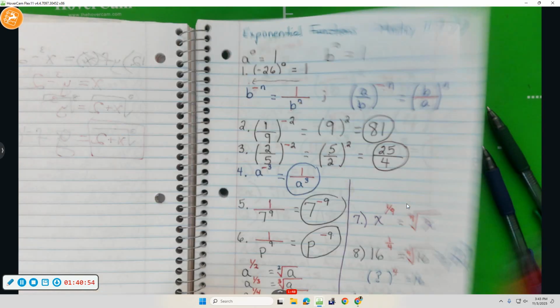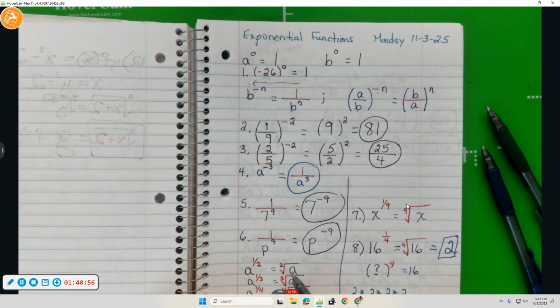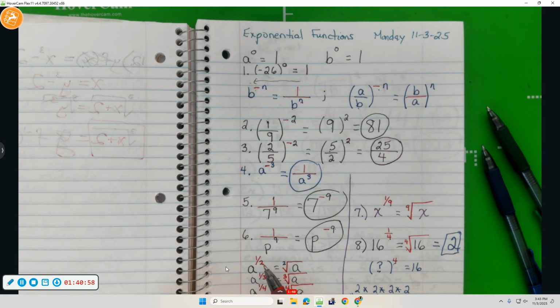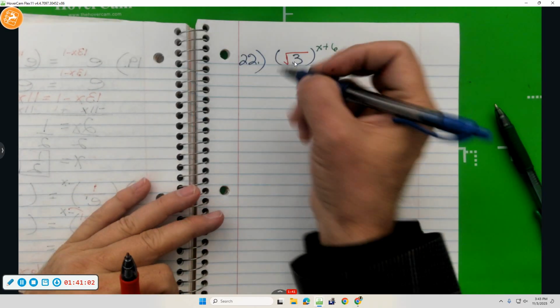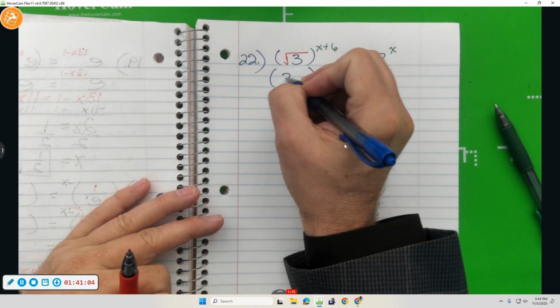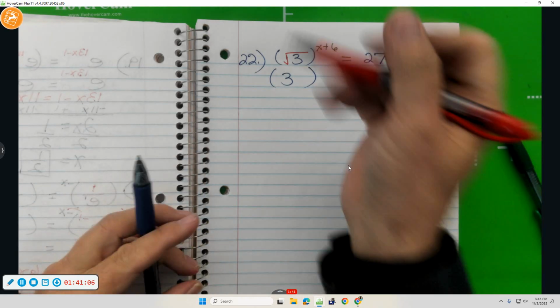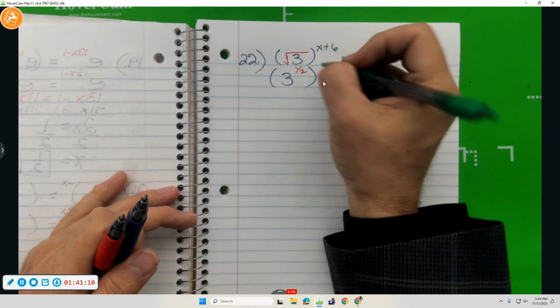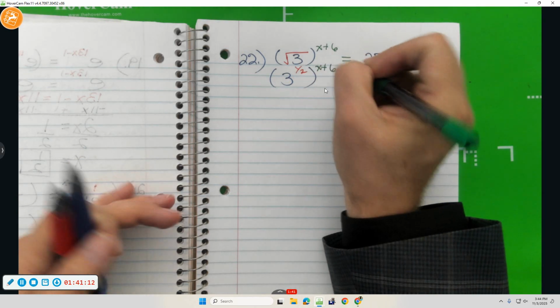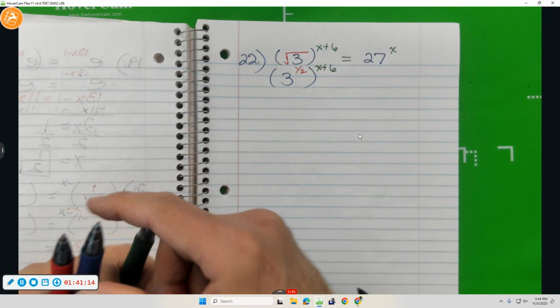That square root of 3 is the same thing as an exponent of 1/2. So I have 3 to the 1/2 to the x plus 6 is equal to